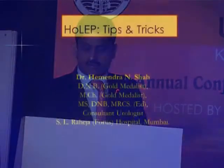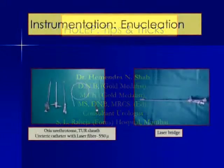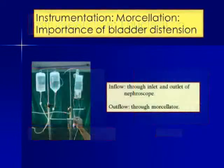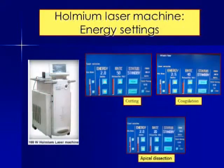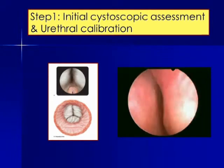As already discussed in depth by Dr. Vashne regarding applications of Holmium laser, I will just be focusing on the techniques in short for the want of time. The instruments that we are all familiar with, all the talks and all. What I want to tell is that initially important is a cystoscopic evaluation of the prostate to study the morphology